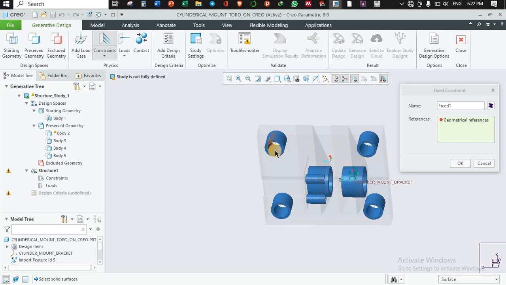So click this inner surface. Now 2 surfaces are selected. The first surface is at the left, the second one is at the right. Then hold the control and click the second, the third, the fourth, the fifth and the sixth surface, and these are the last two. Okay, so now this geometry is used as the fixed boundary condition, so we have to accept the change,